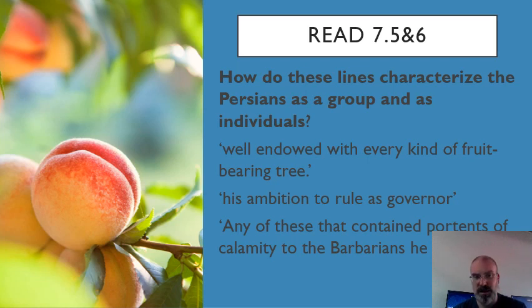Now, we then come on to a very interesting story at the bottom of 7.6, which is Onomatocritus, the Greek oracle who's also working, or Greek interpreter of oracles, who's also working for the Persians. Now, this is a classic little sort of demonstration of the way the Persian political system works. So Onomatocritus will only give good prophecies to Xerxes. When he hears bad ones or interprets bad ones, he hides them from Xerxes because he's afraid he'll be killed or get his head cut off. So any of these that contain portents of calamity to the barbarians, he did not speak.